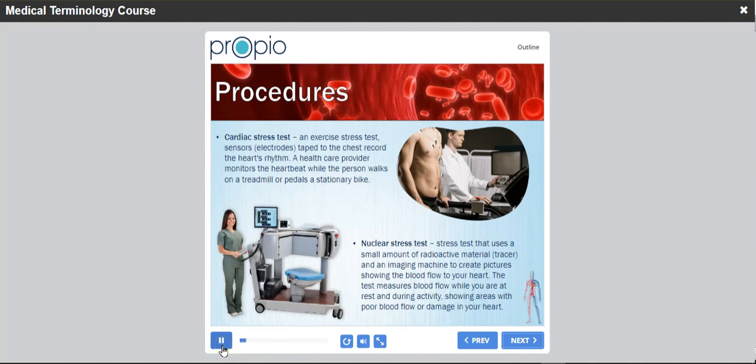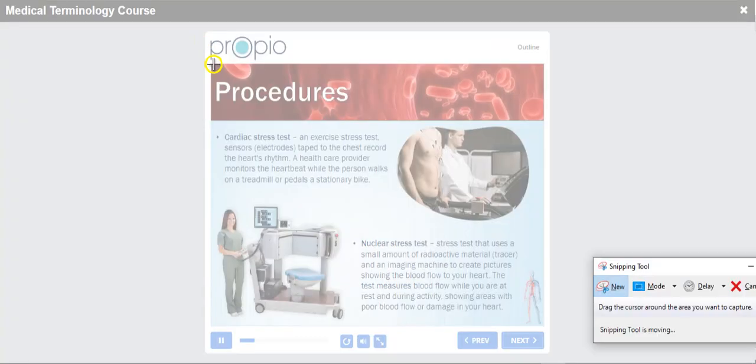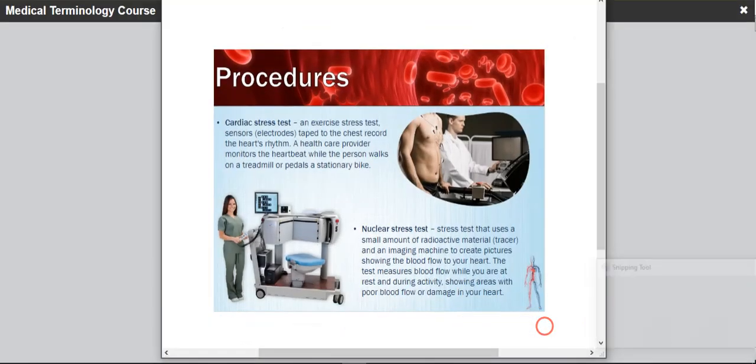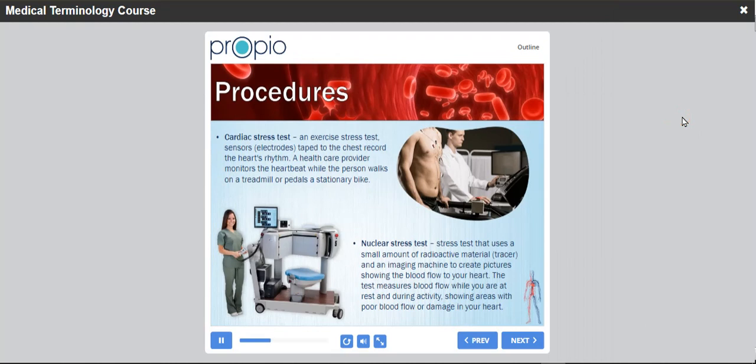Nuclear stress test. A nuclear stress test uses a small amount of radioactive material, tracer, and an imaging machine to create pictures showing the blood flow to your heart. The test measures blood flow while you are at rest and during activity, showing areas with poor blood flow or damage in your heart. Here are some important symptoms that could be a sign of a cardiac condition: